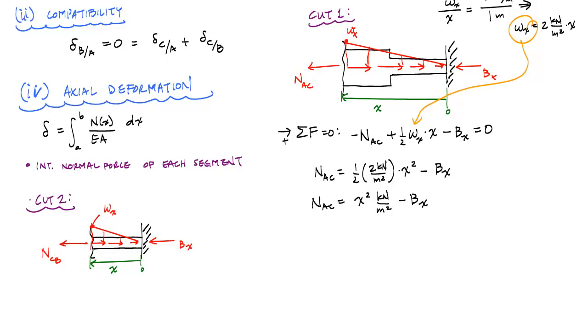Again, use similar triangles. I'm going to also find that this Wx is the same. It hasn't changed because I'm using the same coordinate system. And when I apply the equilibrium equation, guess what? I'm going to get the same thing as I've gotten before because the area does not affect the equilibrium equation result. It's awesome. All right. So here, when I do sum of the forces in the horizontal,